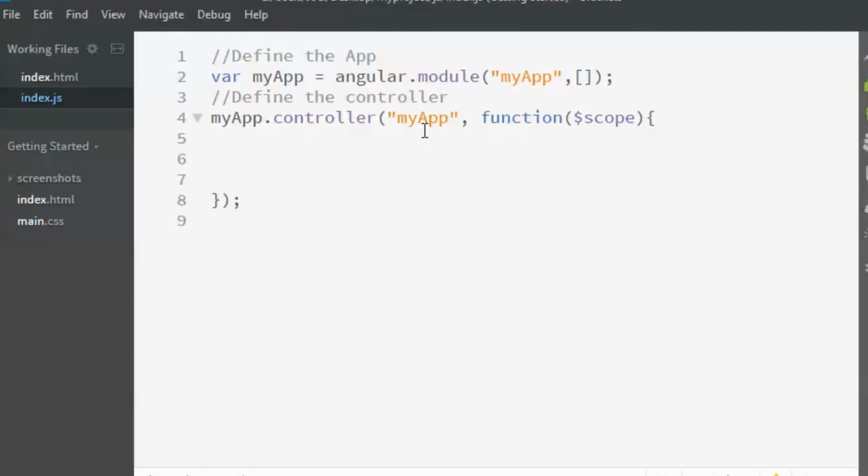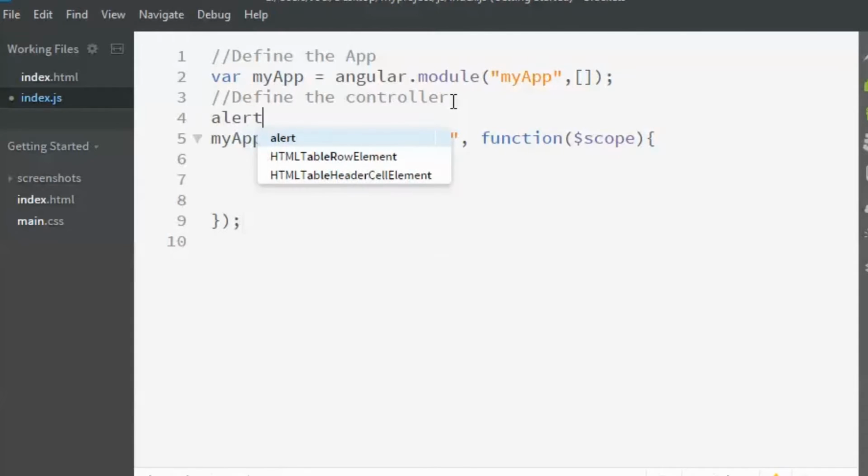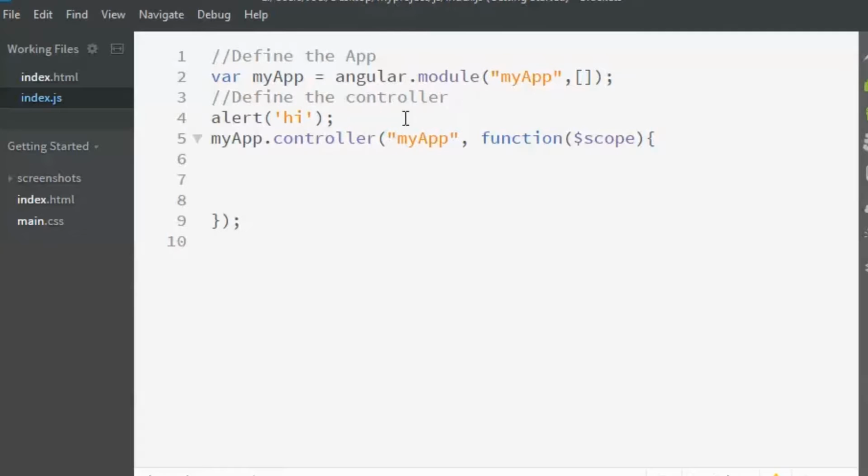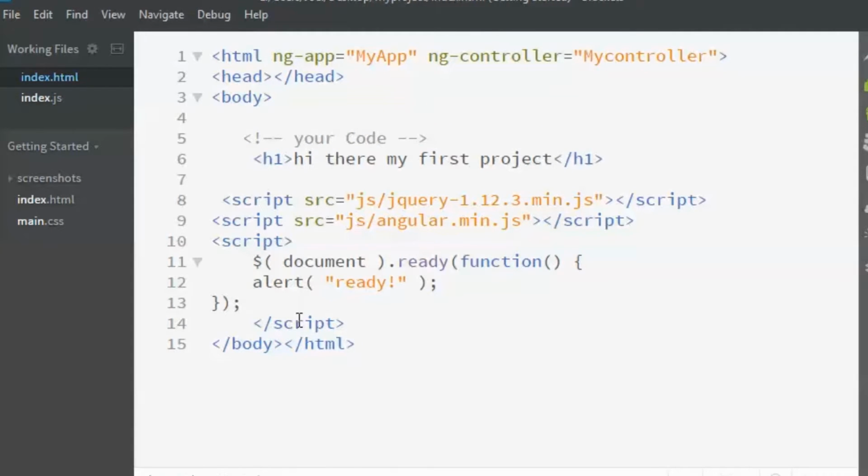Let us try putting in some alerts, so we'll understand which code is running. I'm putting in alert Hi, and here I'm putting in alert Hi 2, so that we understand whether this part of the code is running or not. Now the next step is to include the file in the HTML document.